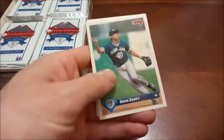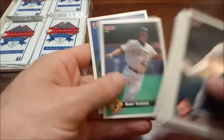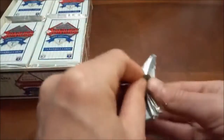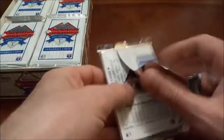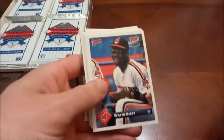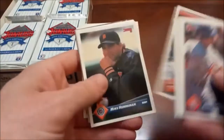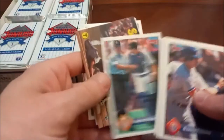There's Bob Tewksbury. A lot of unfamiliar names so far in these Series 1 packs, outside of the stars and Hall of Famers that we've found. Of course, I don't think Sosa will ever get into the Hall of Fame, and honestly, I'm not so sure that he should. I kind of feel differently about guys like Clemens and Bonds, because I think they were